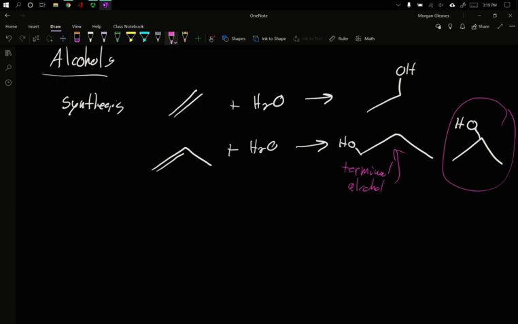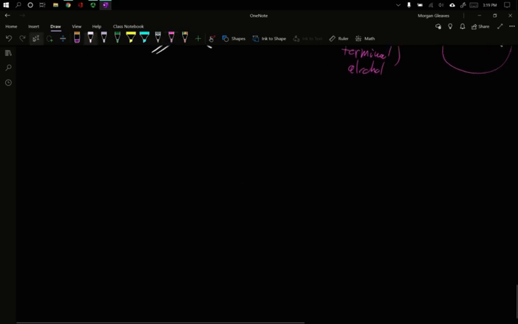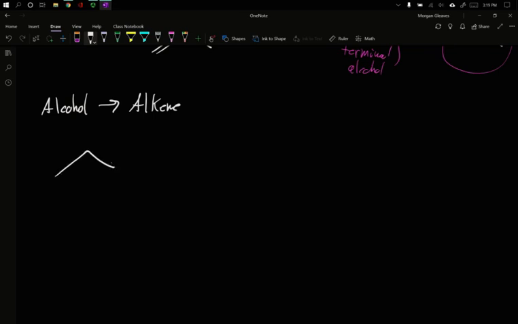What can alcohol get used for? What can we make with it? First and foremost, your alcohol can become an alkene. We just got done saying you can make an alcohol from an alkene, but any reaction you can do forward, you can do backwards. If I've got an alcohol and I heat it, basically heat it up, let it boil